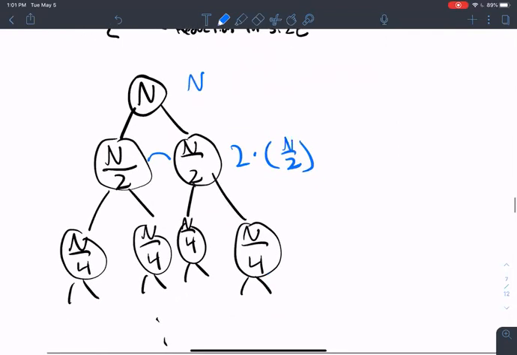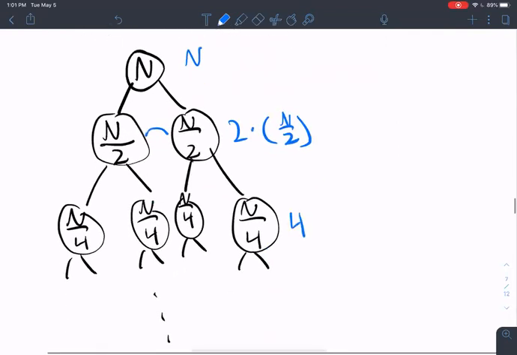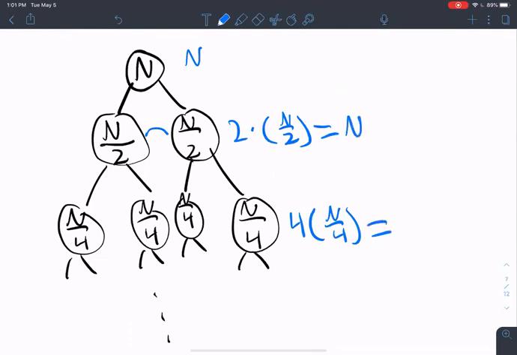Okay, the next level, there's 4 things, and each one of those things does n over 4 work. All right, we didn't simplify this. This was n, and this also simplifies to n. So for the first 3 levels, it seems like the work per level is always the same. It's always n. So we can check that because let's say we're at,